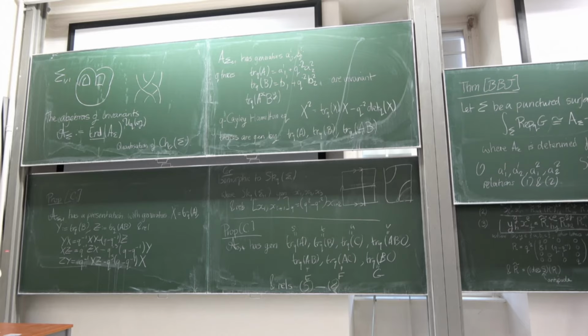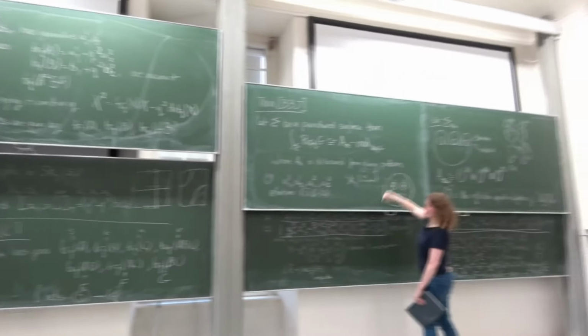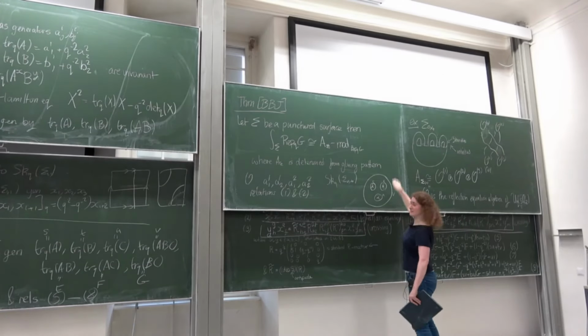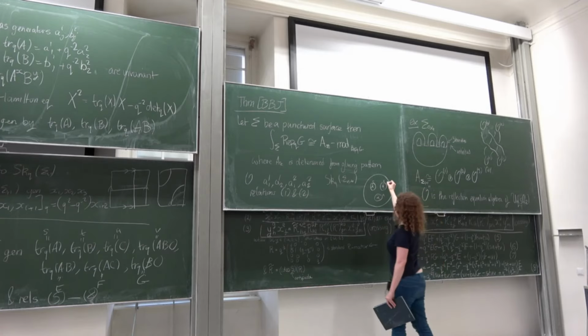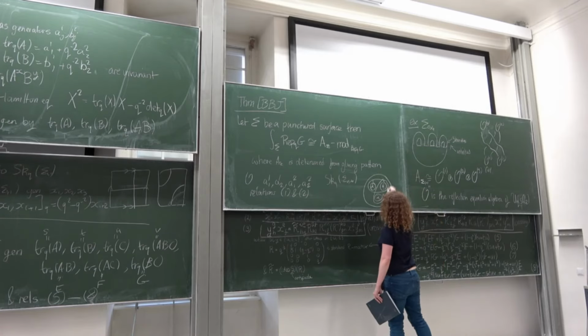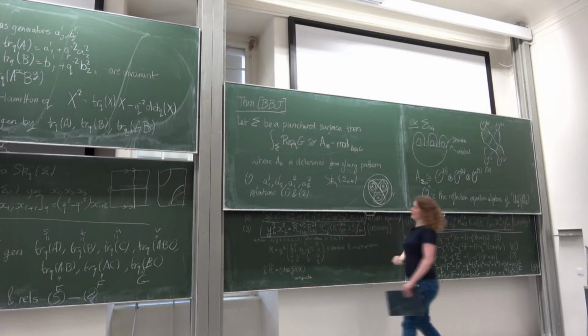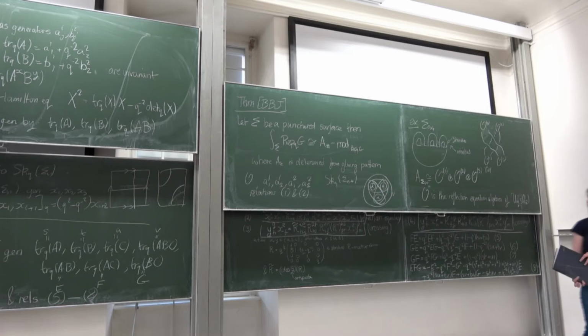And in the skein algebra of the surface, S goes round one of the holes, T goes round the second, U goes round the third, and then V goes round, I guess, the outside, and these other ones are the ones that go round two punctures. And so basically that essentially concludes my talk,